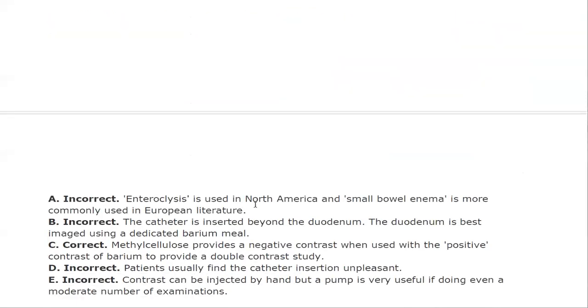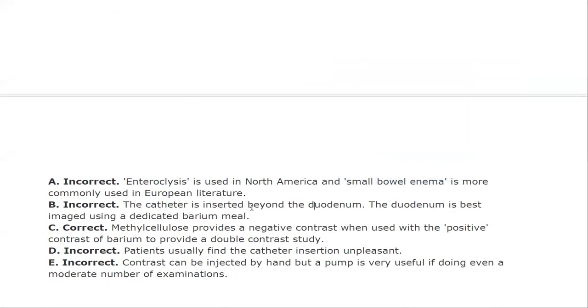Enteroclysis is used in North America. So the first statement is not correct, because they are the same entity. One is used in North America and the other is used in Europe. The catheter is inserted beyond the duodenum, so the duodenum is not in the field that you are going to examine by small bowel enema. It is called an enema because you are inserting the catheter. The duodenum is best imaged during a dedicated duodenal barium meal. So if you are going to examine the duodenum, you can use a barium meal, and small bowel enema or enteroclysis will be used through